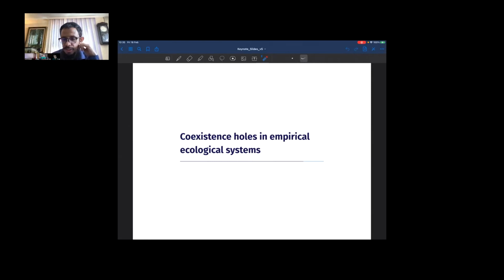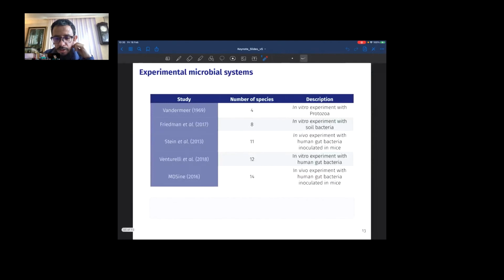Okay, so with this, what I have discussed is the tools that we introduced. Actually, what I have discussed is first the concept of assembly holes and disassembly holes, and then the tools to discover assembly and disassembly holes in hypergraphs. Now, what I want to discuss is how you apply these tools to actual empirical ecological systems. And what we did is to